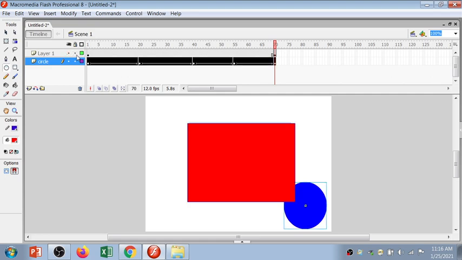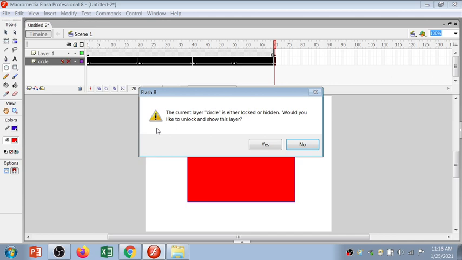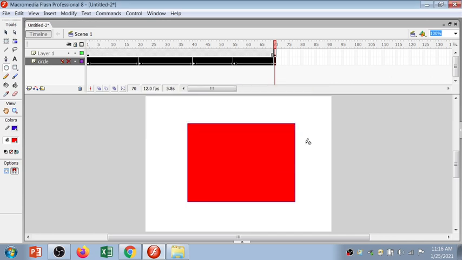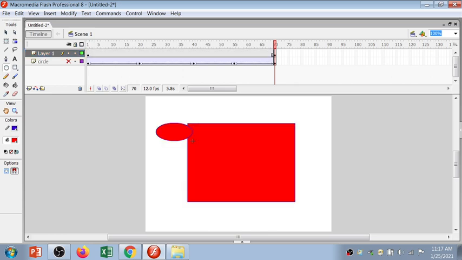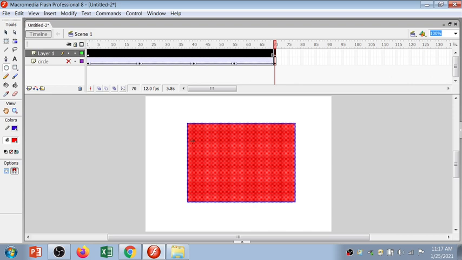I'll press Ctrl Z. See, now if you hide this layer, you can see that the pencil sign is cut. So if you make changes, they won't be allowed because that layer is hidden. You can't make changes to this circle layer. You have to select layer 1 and then you can make changes, right? But not with the circle layer.